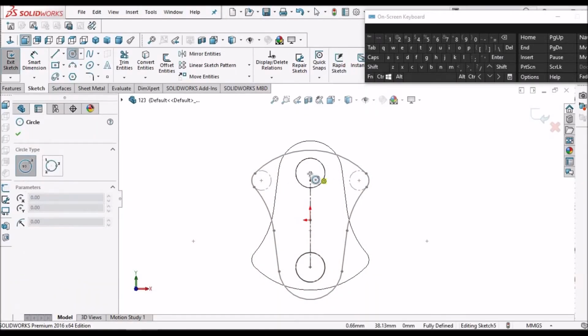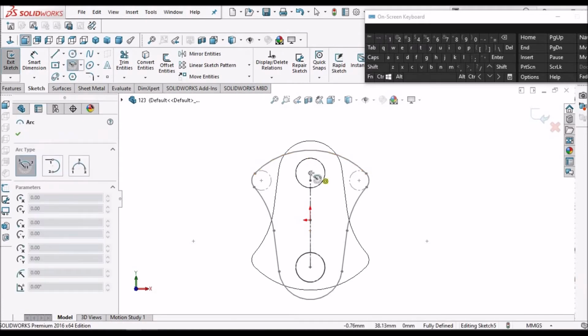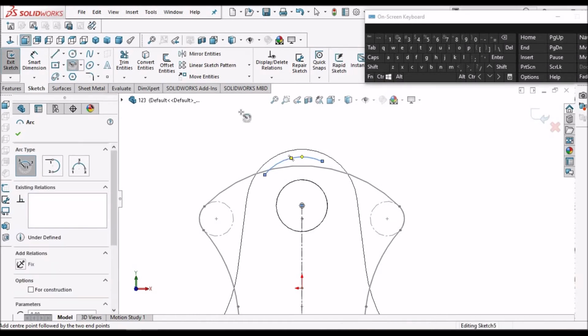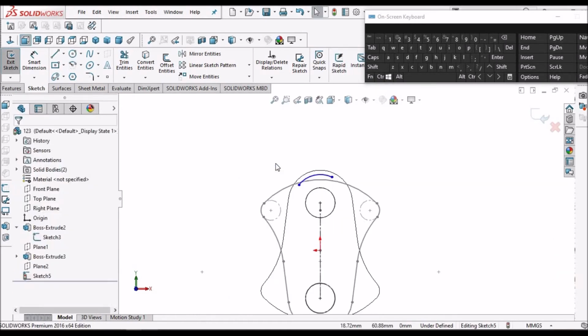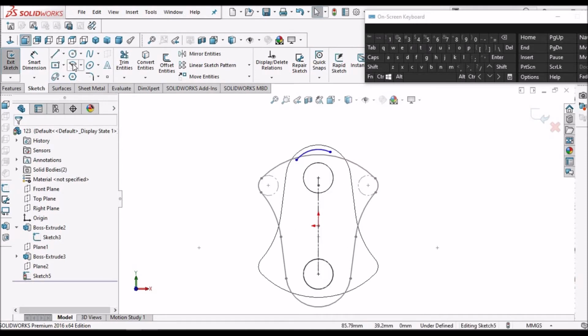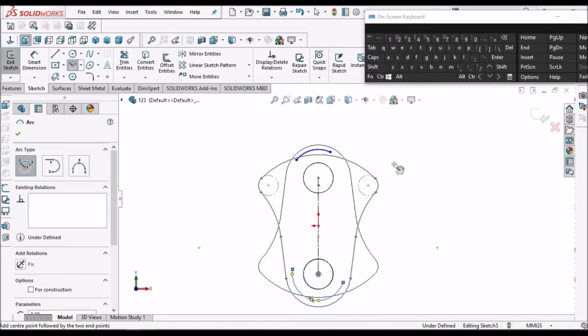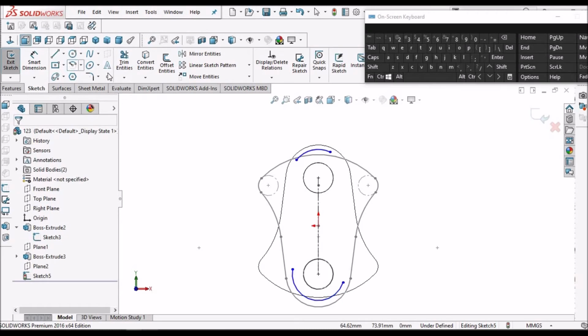Next, take 20 center point arc and take 26. Here also 26. Take 3-point arc.